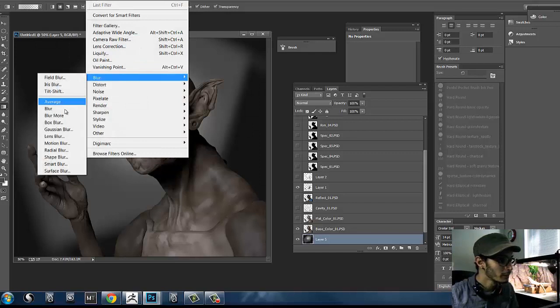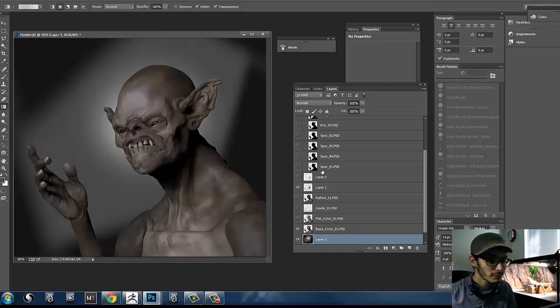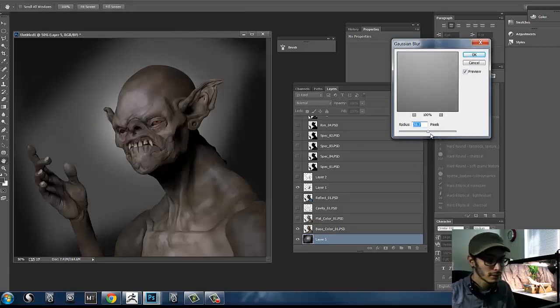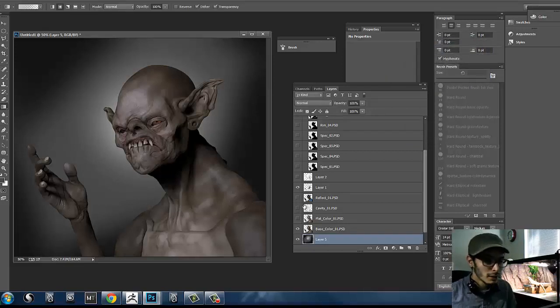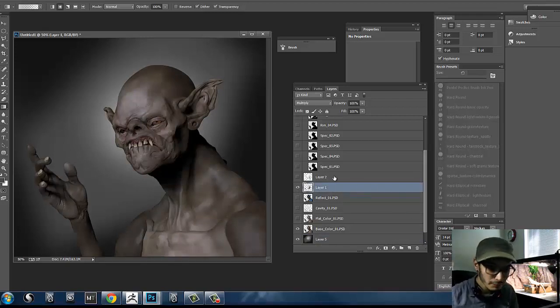Filter. I'm just going to blur it a little bit. Filter, Blur, Gaussian Blur. Blur this guy. There you go. So that's looking kind of cool. So now that we've got our shadow layer in there, it's looking pretty neat to me. But I'm going to come in